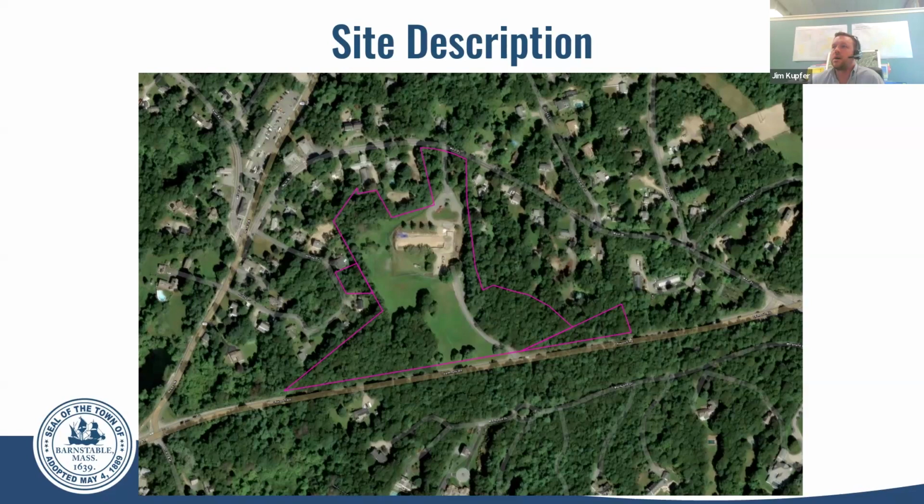I will note, as I did on Tuesday, that one or actually two items that have already been contemplated for this site that are separate from this project are as follows. The Department of Public Works has notified me that a pump station will be necessary on 28 to continue their comprehensive wastewater management plan. So separate and distinct from this project in and of itself, a pump station is looking to be sited, and hopefully you can see my cursor. They are looking to identify a site in this general area.